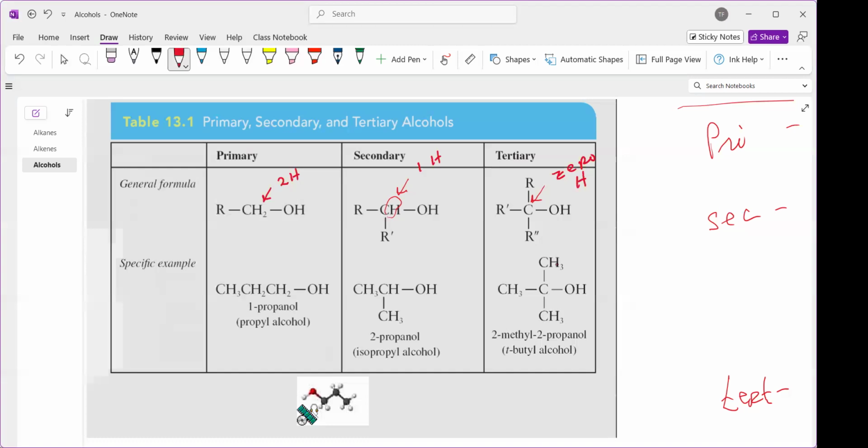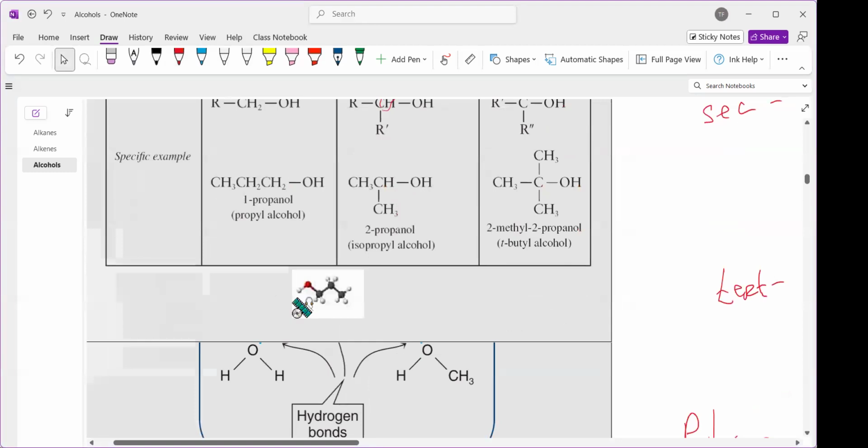Now, we're going to talk a little in a minute about oxidation and reduction. I don't know if you remember that from 305. We're going to talk about it. And that has to do with the ability for a hydrogen to be lost. So if there's no hydrogen to be lost, it cannot be oxidized. So you should be able to get some practice at naming alcohols and then determining whether they're primary, secondary, or